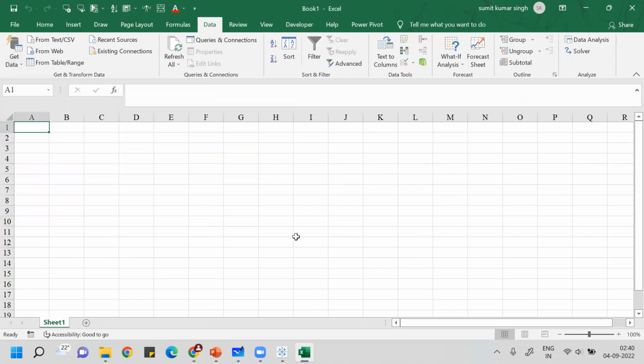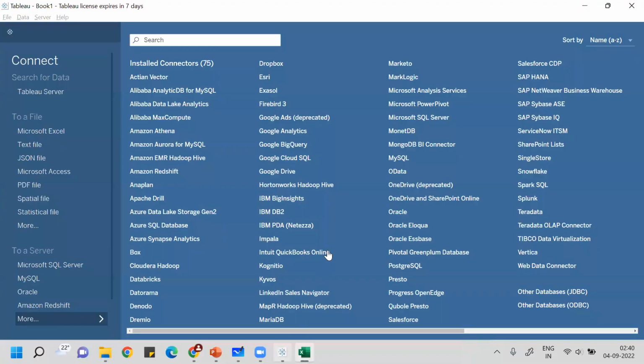So it's very limited. When it comes to Tableau, if I show you the desktop version of Tableau, here more than 77 data sources are there from where we can pull the data. And definitely you can understand the dimension of presentation when it comes to Tableau. Tableau gives us different methods to create charts and tables. And whenever different charts and tables are created, it is very important that those charts give some kind of logical interpretation to the end user.